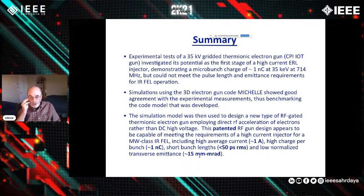We would have liked to continue on, but about this time, the Navy decided that perhaps putting a free electron laser on a ship was not their highest priority. In fact, they are still considering putting other kinds of lasers on ships, but much more compact lasers like fiber lasers. So they basically decided that this program would not continue, and in fact, in a few years, they also turned off the large FEL program at JLab. However,